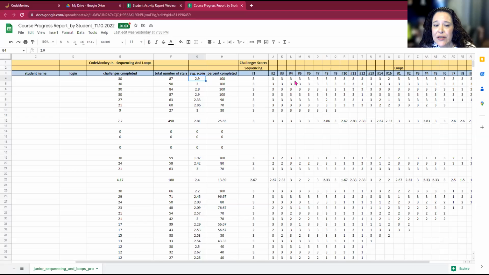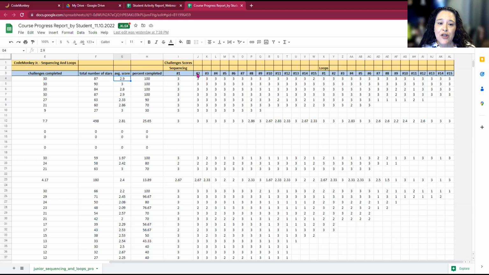And then you can also see the progress as you scroll to the right. Challenge by challenge, you can see what that student scored as they worked through the course. And you're easily able to see that students that move quickly from one challenge to the next and are scoring that perfect score, they are making progress. This is how you can determine the student is actually progressing and is understanding and comprehending the concepts that they